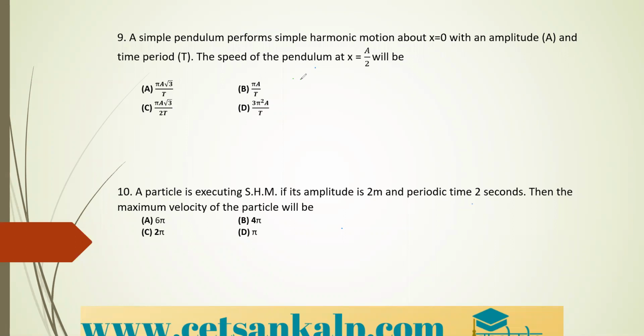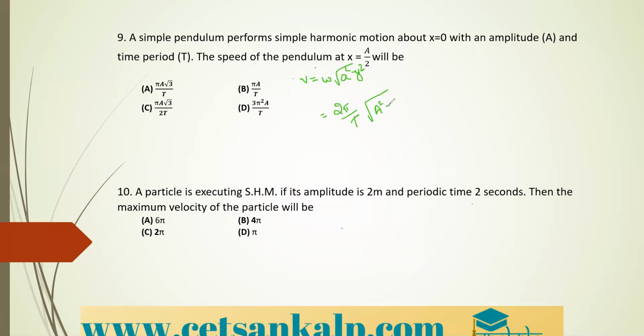That is nothing but v is equal to omega root of a square minus y square. V is equal to omega into a root of a square minus y square. So what is omega equal to? We know that it is 2 pi divided by T, times root of amplitude a square